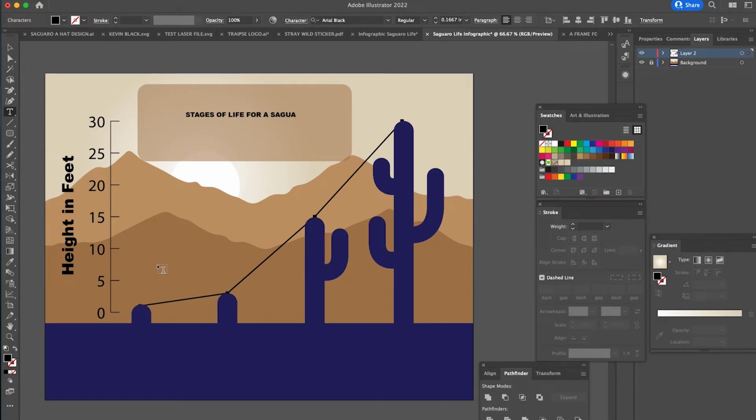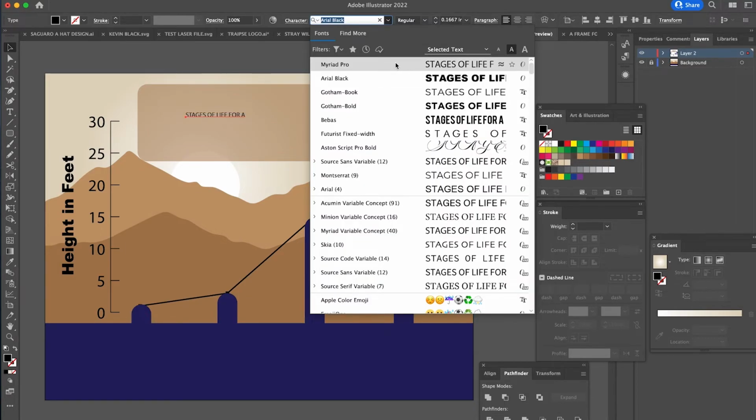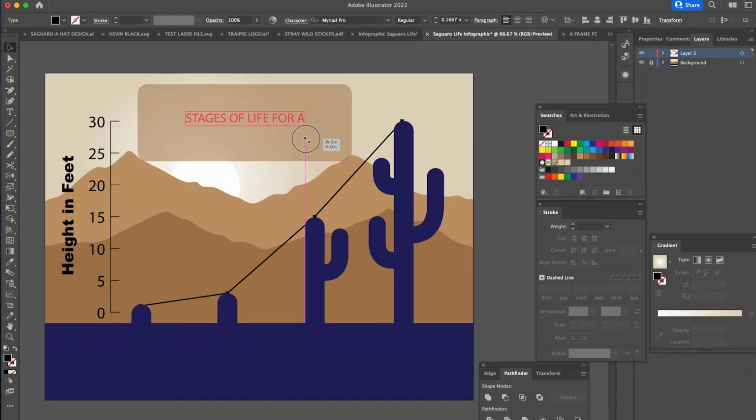You know what? Let's shorten this up. We're going to make this 2 different lines with 2 different types. For this, we'll pick a different font. In this case, I'm going to pick Myriad Pro. Scale it a little bit by just dragging. Now I'm going to make a copy, Command C, Command V. And let's title this Saguaro. Now for this one, I will use my Arial Black font. And again, I'm going to click and drag, just make it a little bit larger so I have a couple different type